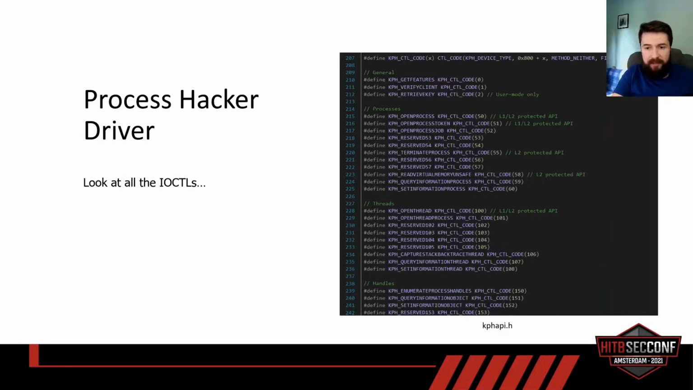We can see the IOCTL code for KphQueryInformationObject is 151. So when we send an IOCTL with 151 to the Process Hacker driver, it executes the task mapped to that IOCTL code in the driver. The source code has lots of IOCTLs that can be useful for an attacker to execute in an engagement. However,